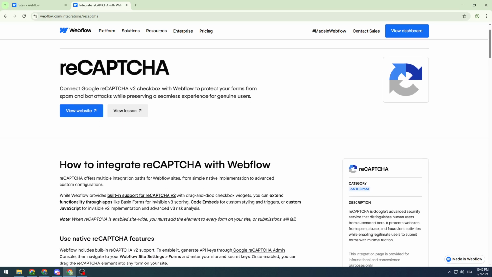In today's tutorial, guys, I'm going to show you how you can connect Webflow with the Google reCAPTCHA in 2026. So reCAPTCHA offers multiple integration paths for Webflow sites, from simple native implementation to advanced custom configurations. While Webflow provides built-in support for reCAPTCHA version 2, with drag and drop checkbox widgets, you can extend functionality through apps like Basin, Forms for Invisible, V3 Scoring, and Code Embed for custom styling and triggers, or custom JavaScript